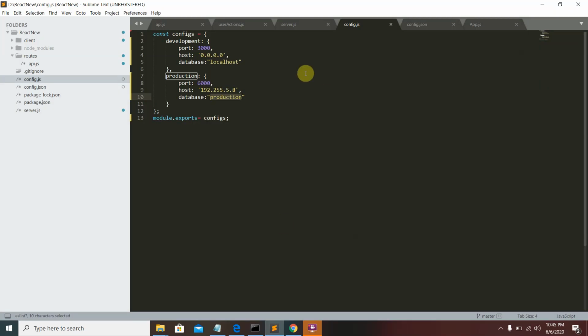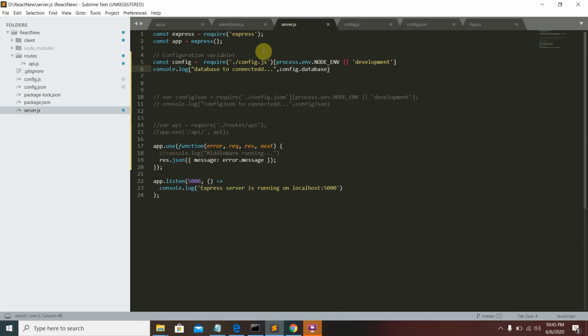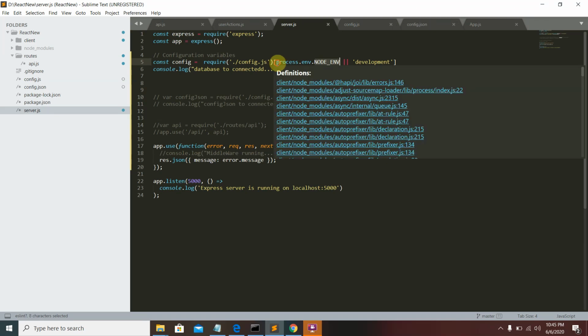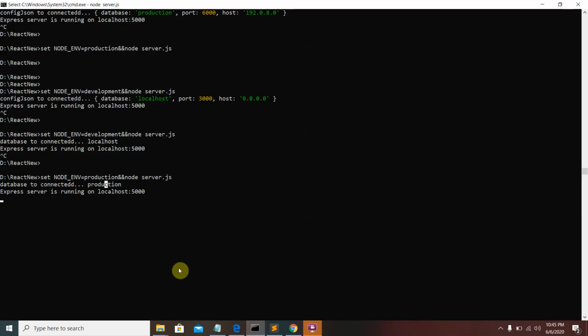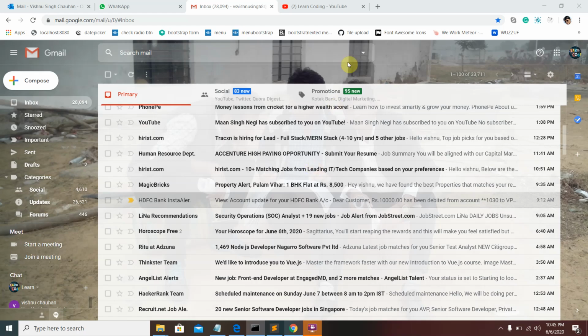So I export this object from config.js and require it in the server.js file, and pass the name of the server in this. The default server will be development, and otherwise we pass our server name, production server or development server, and fetch data accordingly.